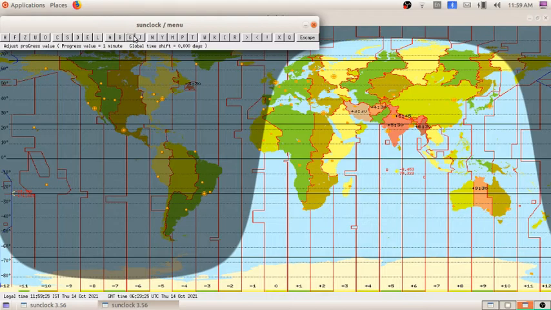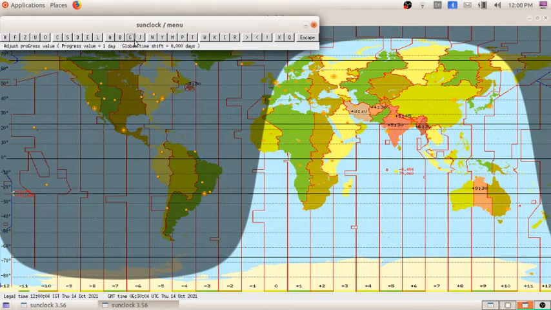So through animations, we can set this adjust progress value and see the activities here. Here they are saying that for seeing the seasonal movement of the sun, we have to adjust the progress value as 1 day. So here I am adjusting the progress value as 1 day. When we start, the animation will happen at the rate of 1 day equal to 60 days, at that speed.